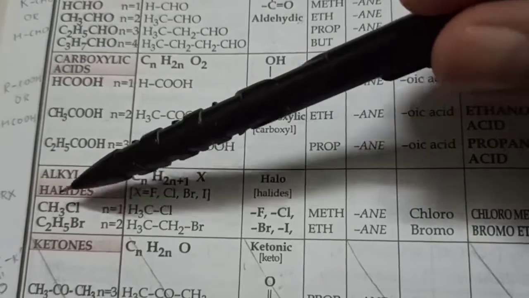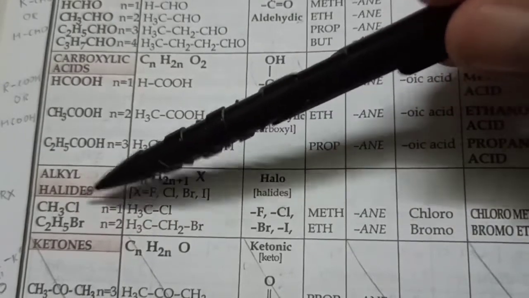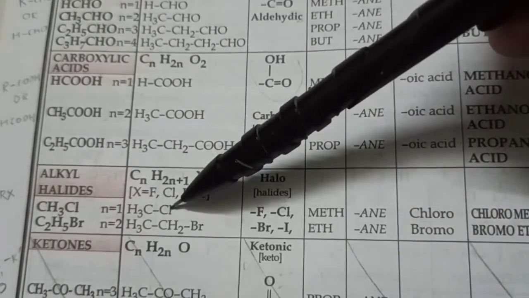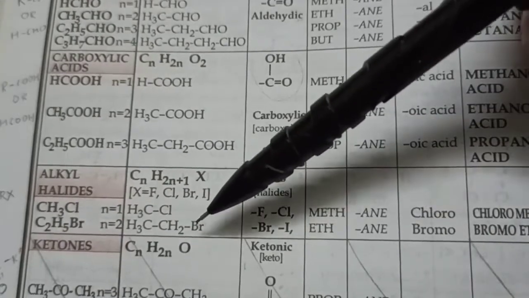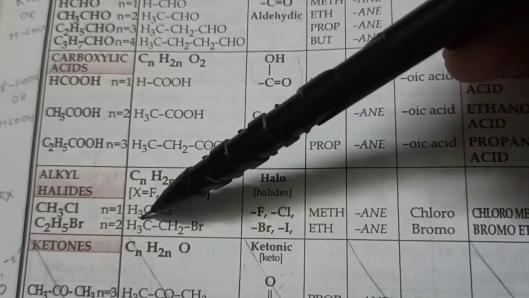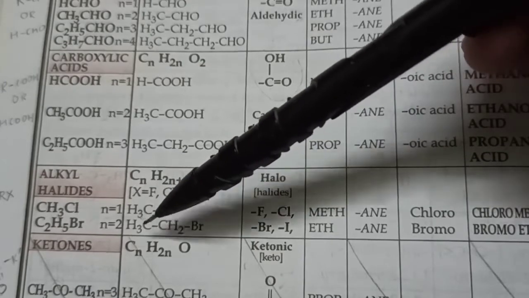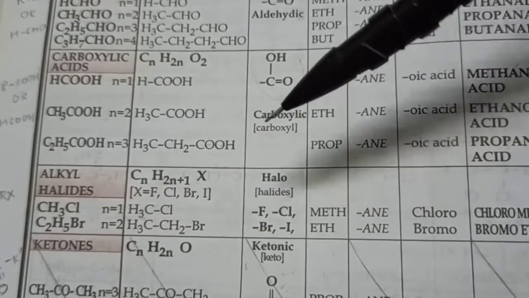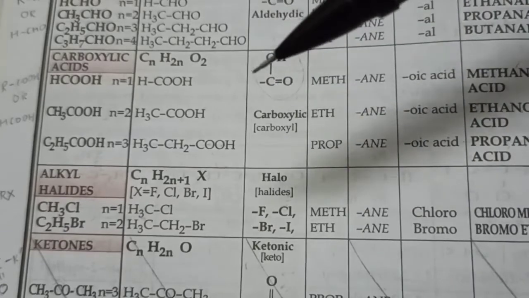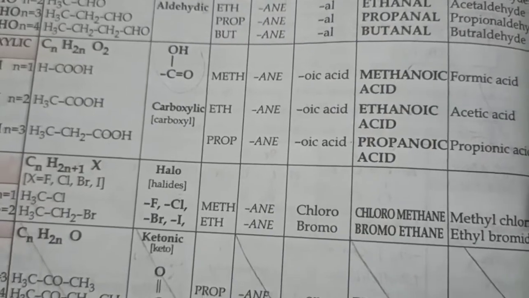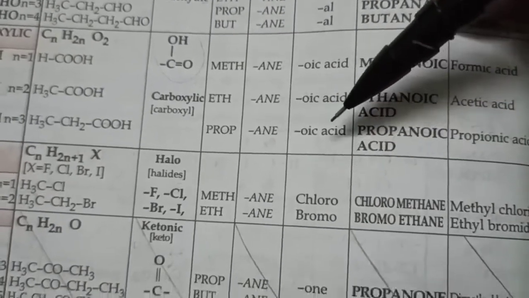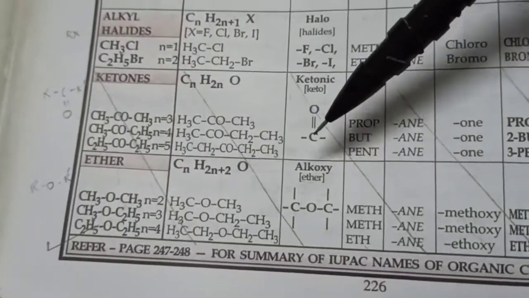Alkyl halides. Yeah, take an alkyl group like methyl, ethyl, and add one halogen to it. So what would this be called? Chloromethane, bromoethane. No numbering required here, because if I would have written Br on this carbon atom, it's just a mirror image. It will still be called bromoethane. Yeah, for propane, butane, isomers are possible. What are the common names, by the way? Common names are methyl chloride, ethyl bromide. Pretty easy.